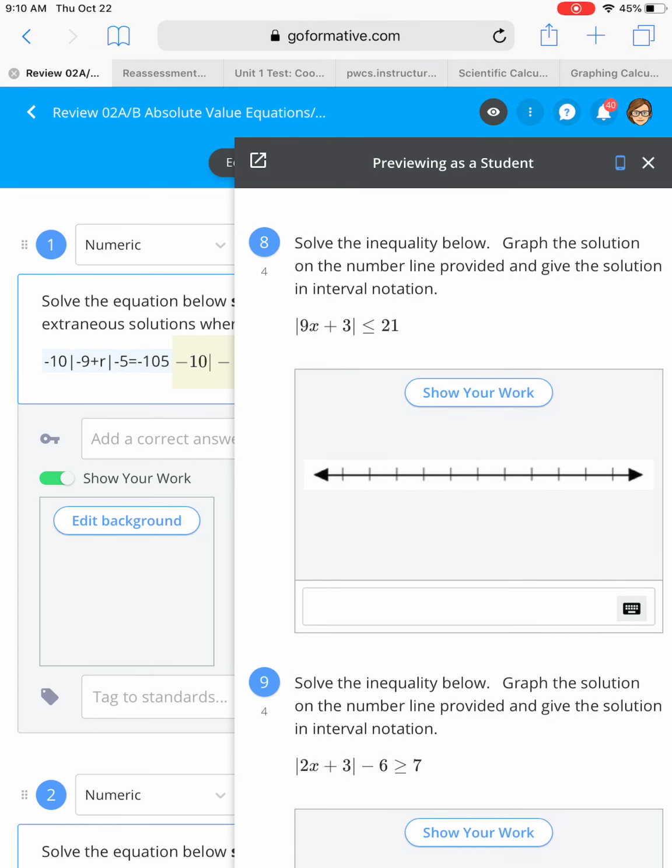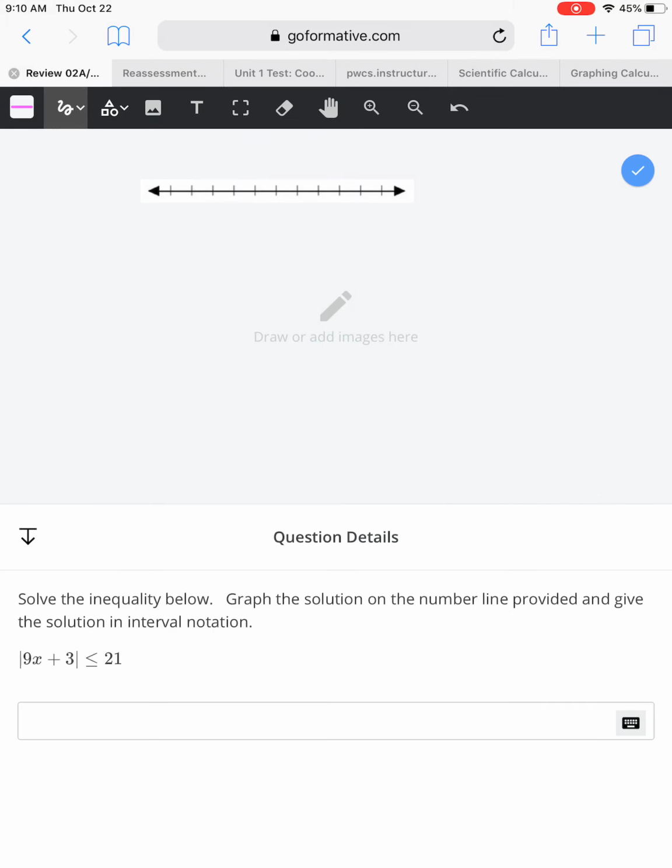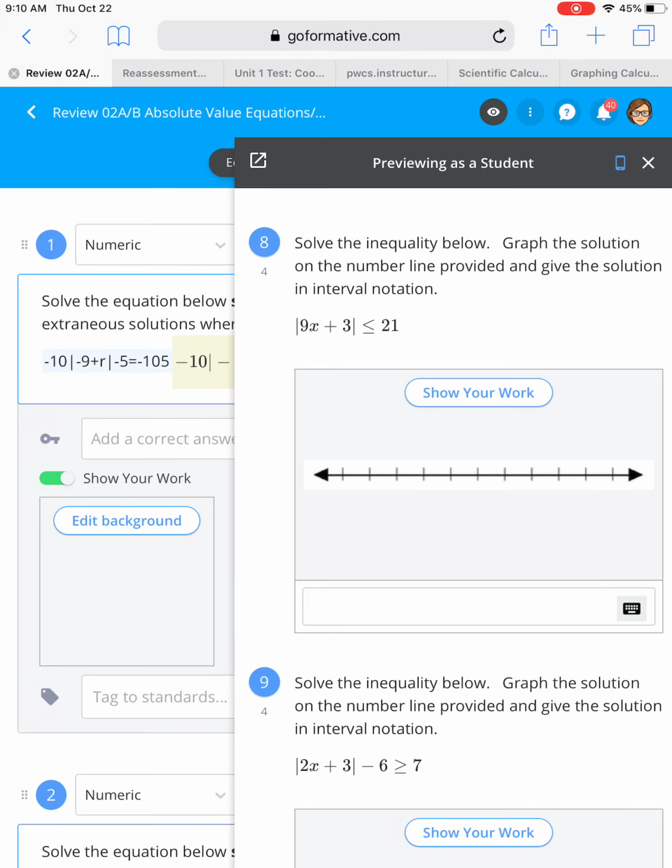Okay. So now we're on to inequalities. So home stretch. I know that this is a super long video. I'm actually going to stop right here. So I'll split this up into 2 parts. So that was equations. If you needed help with equations,